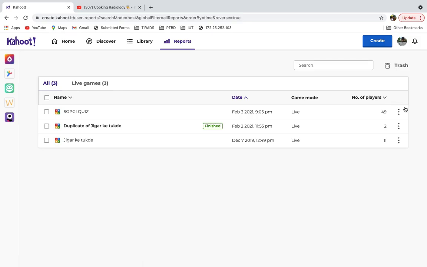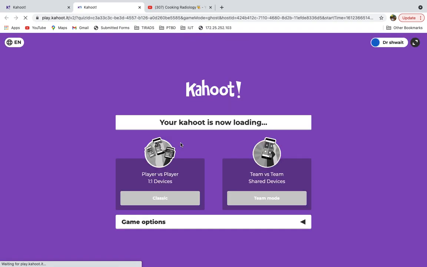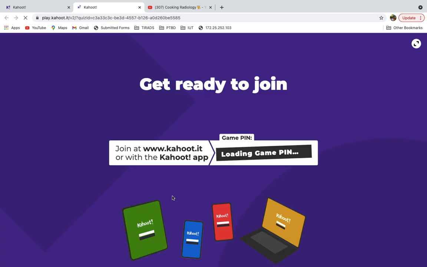So now this is how we play the quiz. Okay, I'll share my screen in the quiz. I'll start the quiz, and then I'll host the meeting. When I host the meeting, it will open a new tab with the game pin. So you all need to join with this game pin from your phones. So this is how it will go. You need to join. The game pin is loading. You have to wait for a few seconds.